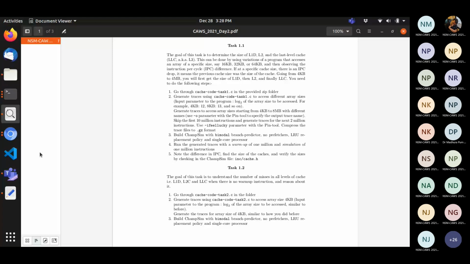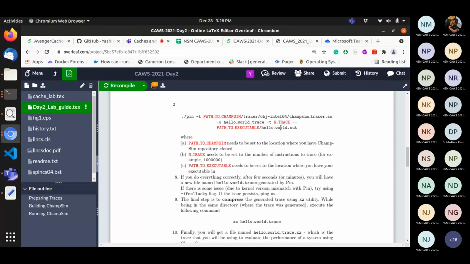Did you provide the command line argument at the end? I also tried with that. When you mention the object file of the program, after a.out give a space and then provide the command line argument. That should work if you have already generated for hello world. I have put a 12 after a space, but it's not working. It says unable to load the tracer file. I guess there is a space after chamsim_tracer.so.